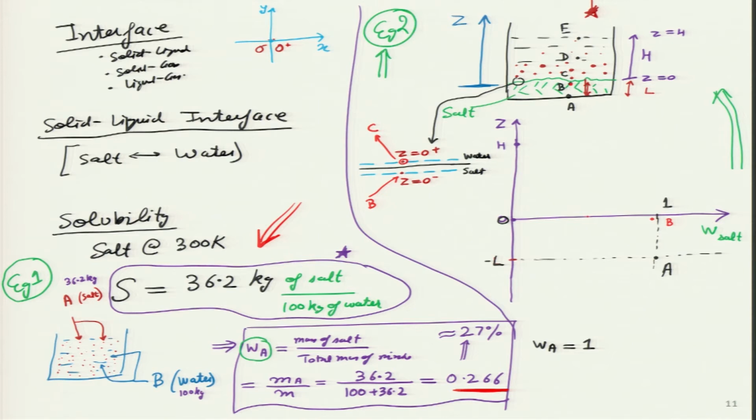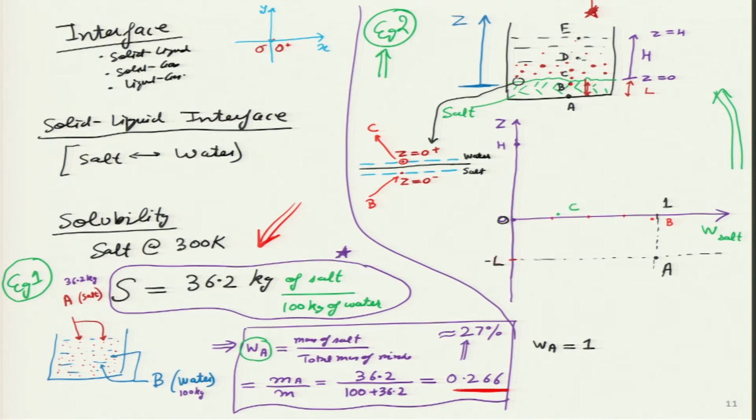So, if this is 1, 0.5, 0.25, 0.75, these 4 marks I have put over here. We are close to 25%, so over here a little bit more, 27, and z is 0 plus. So, we are at this particular point. This red dot, maybe I will change color, then the computer will not bother me. So, this will become a green dot. I am just changing to a new color, because here salt has fully saturated the water. Please remember this particular point. Good. So, I will make it point C.